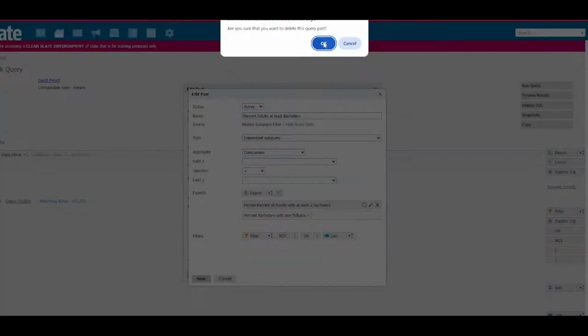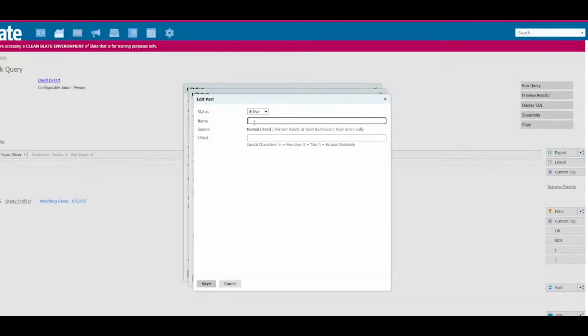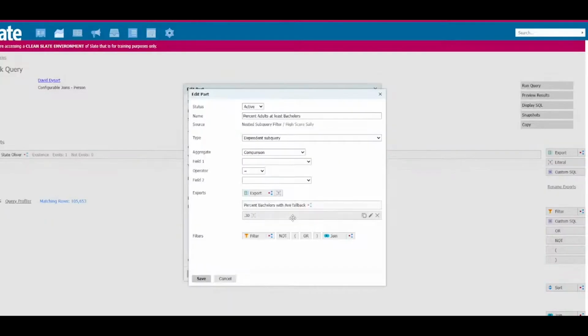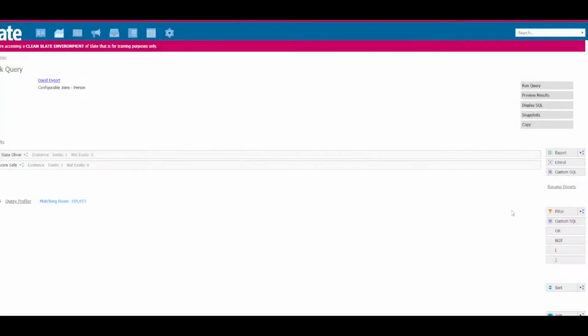So we can just get rid of that raw value, raw data. And then maybe for this, we want to say it's 0.30 or 30% is our cutoff for this. So we'll just say greater than or equal to 0.30. So either one of those criteria would identify a prospective record as a High Score Sally persona. And then